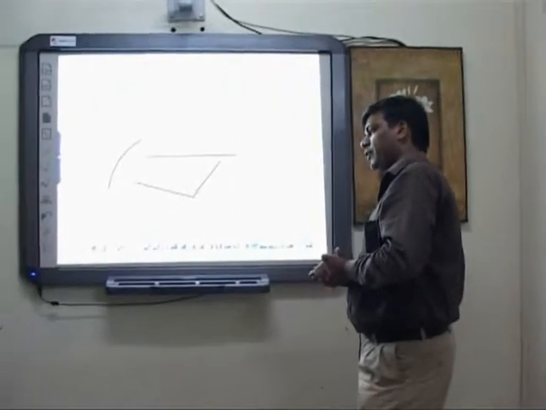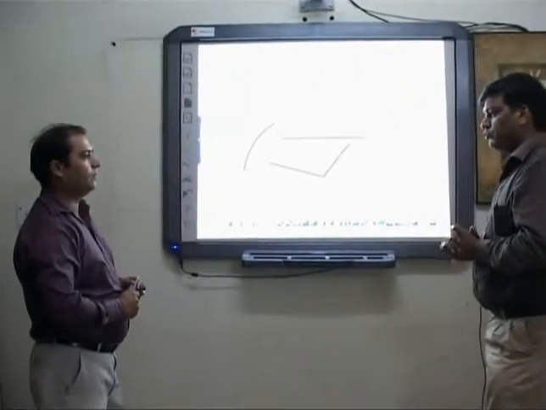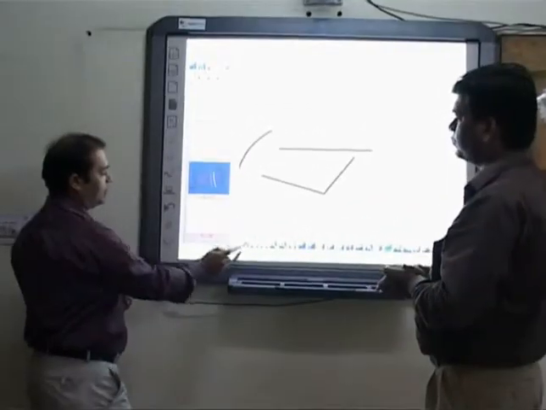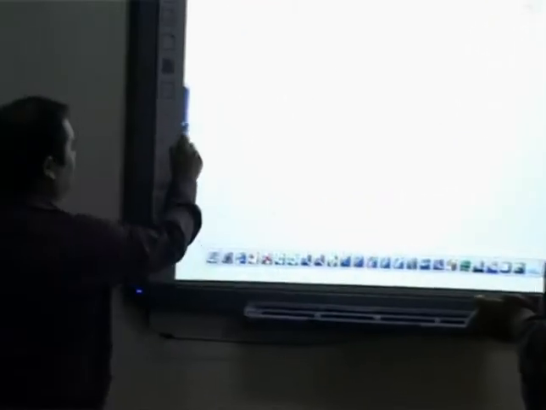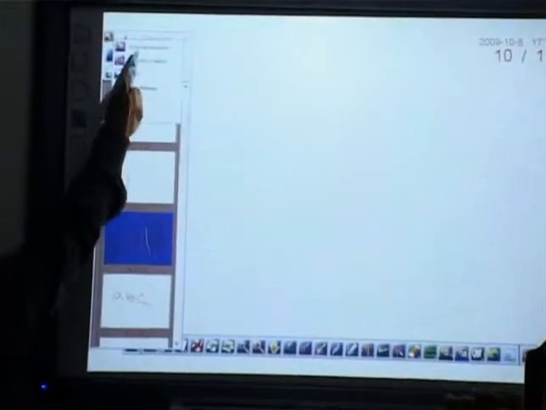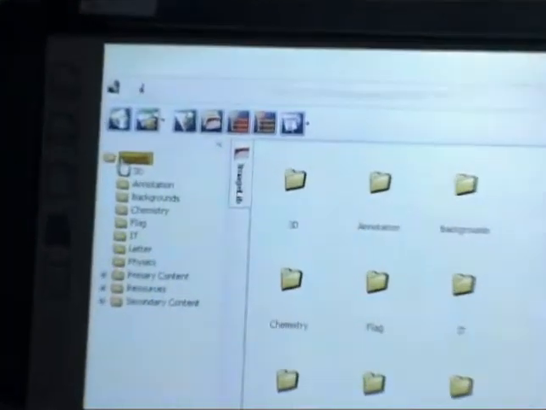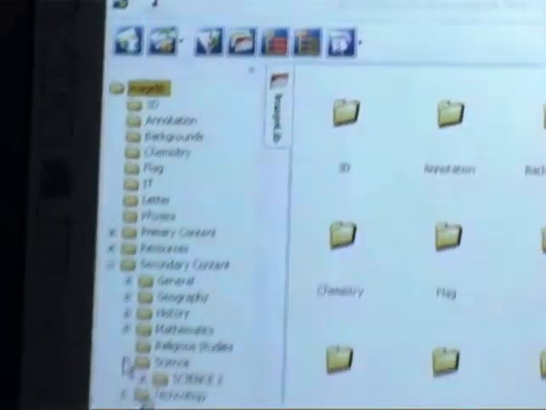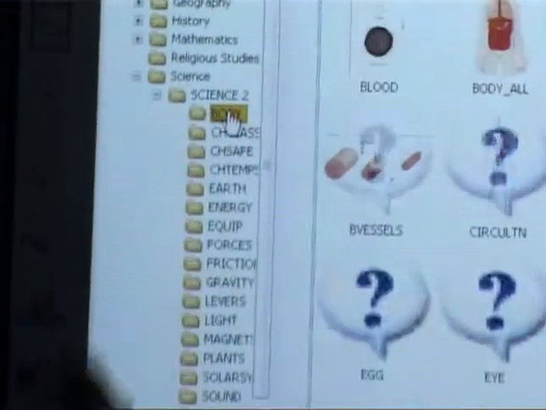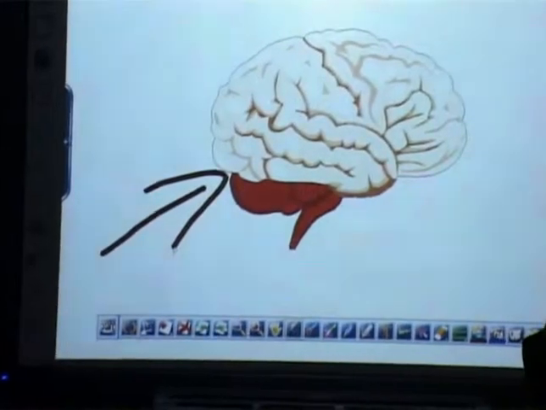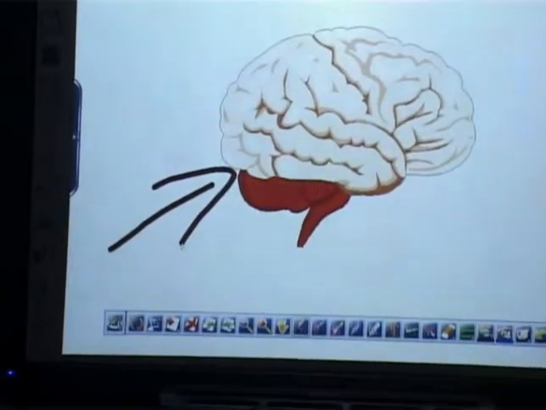Do you have some curriculum content also with this interactive whiteboard for our classroom and for different subjects? Yeah, we have content and we have an image gallery also. Suppose you are using it in a science classroom, we have lots of content, around 11,000 image gallery pictures. Suppose you are teaching a science class and you want to show a diagram like a brain, just drag and drop. After that we can explain over there, select a pen or a chalk or marker, and we can annotate.